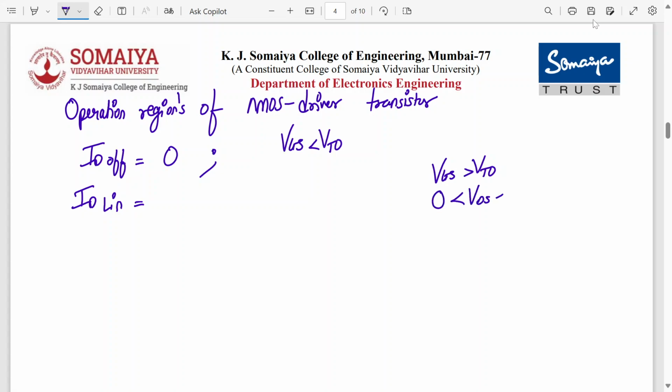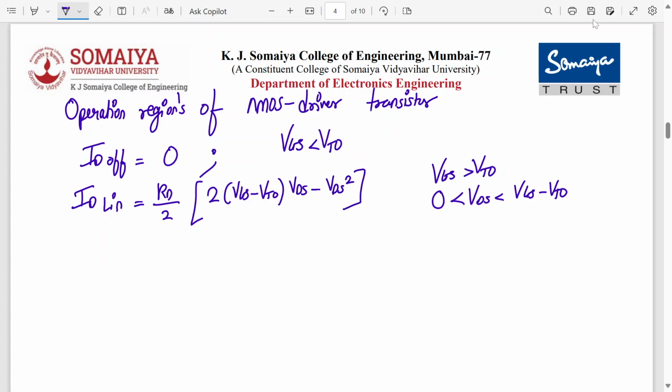The voltage here. Yes or no? This is the condition on the voltage. What about the equation? Kn by 2 times twice VGS minus VTO into VDS minus VDS square, right? Where Kn is